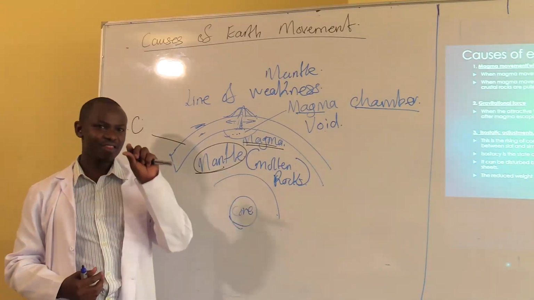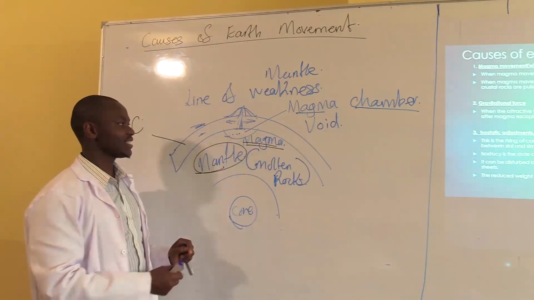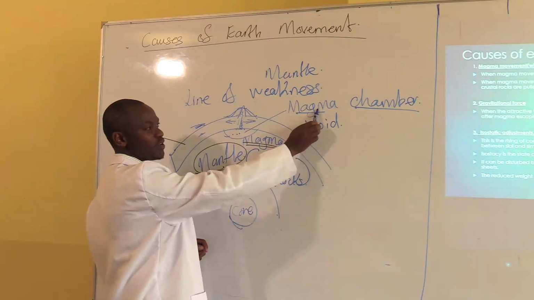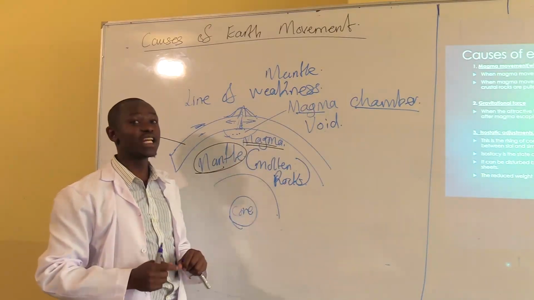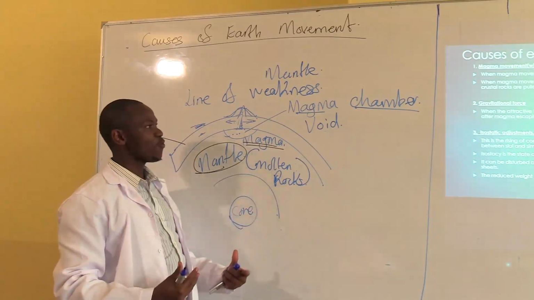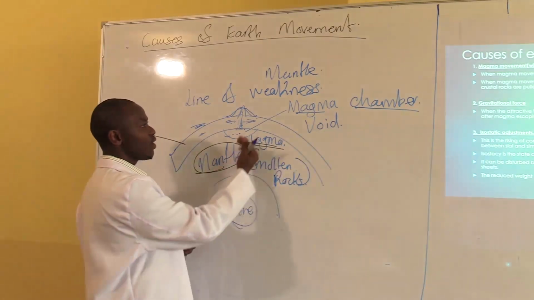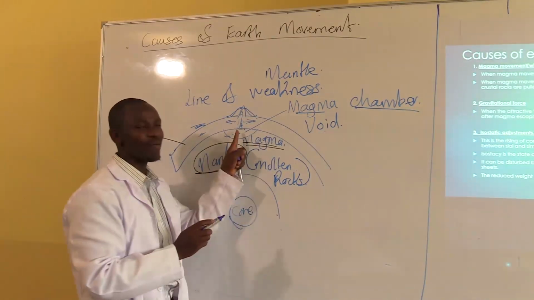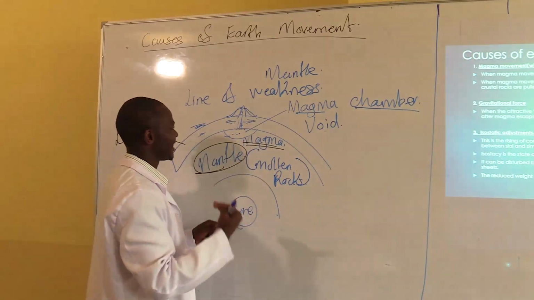And now, the impact of that force will apply here, in that empty space, that void, the empty magma chamber, the space will need to be filled. And now, when gravitational force applies, it will pull the crustal rocks above the empty magma chamber, making them subside and sink,